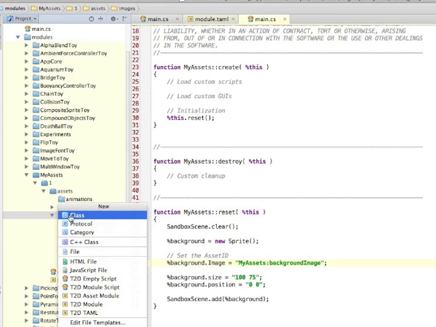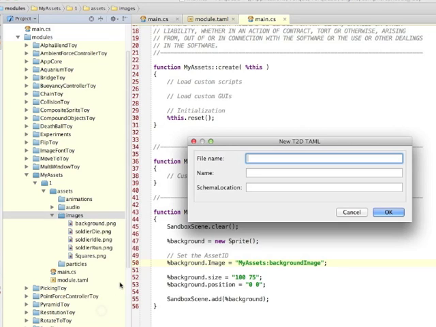Again, using AppCode's template, I have a T2D TAML. Now that's a little misleading. This is not a TAML format. Again, TAML is a persistent system, but I labeled this template with TAML so I remember that I'm creating an XML file that's going to be parsed by Torque2D's TAML. Anyway, so I'm going to call this background